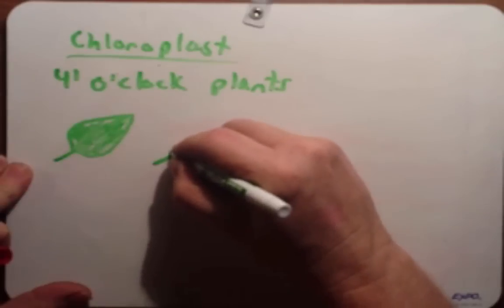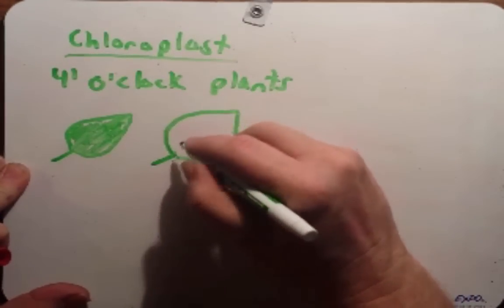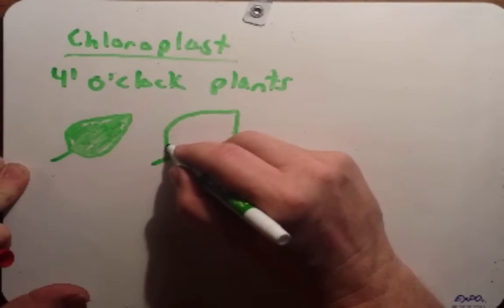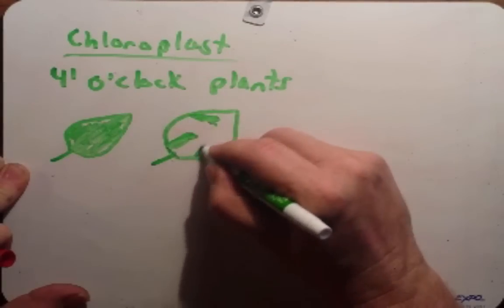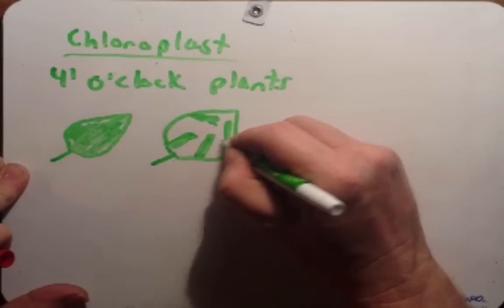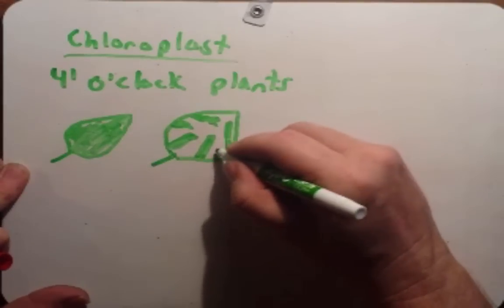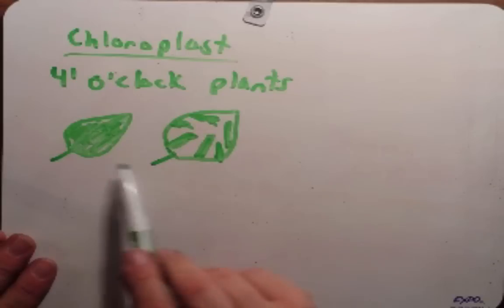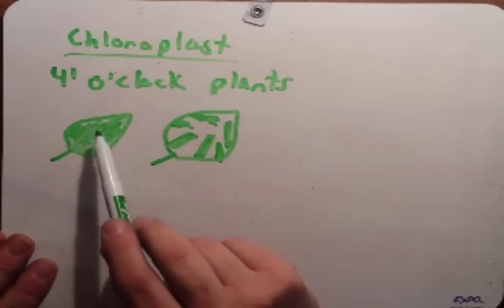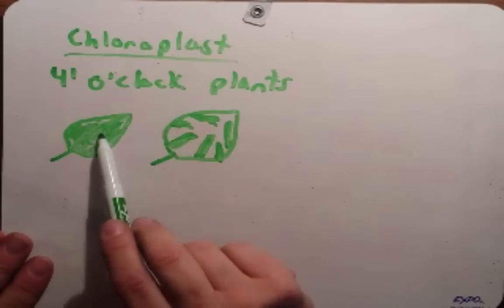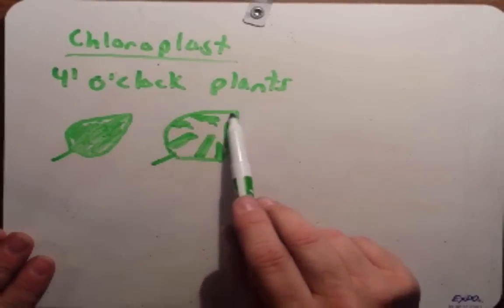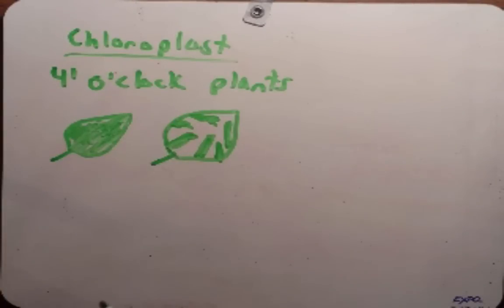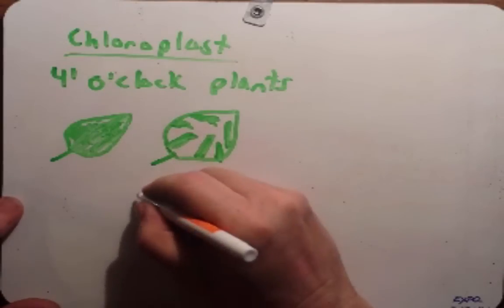Though we know there are patterns where the plant is what we say variegated, where we have some green and some not green areas. And this has been linked back to a chloroplast mutation. The reason we have this difference in colors is that there's more chlorophyll here, and that's what gives this a green color. In this area where we have the white pattern shown on the board, there's no chlorophyll there. And we know now that the reason we have this variegated phenotype is because of the chloroplast